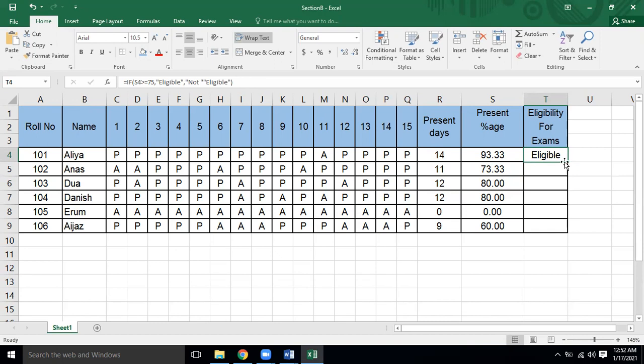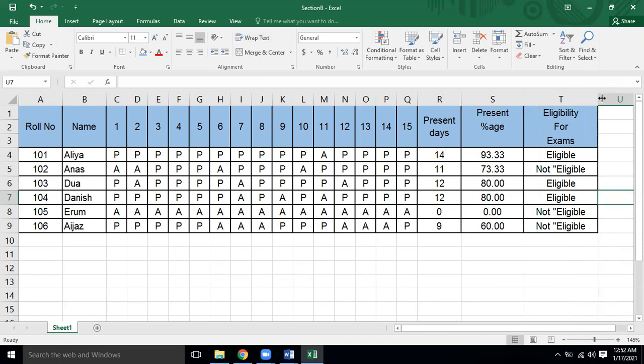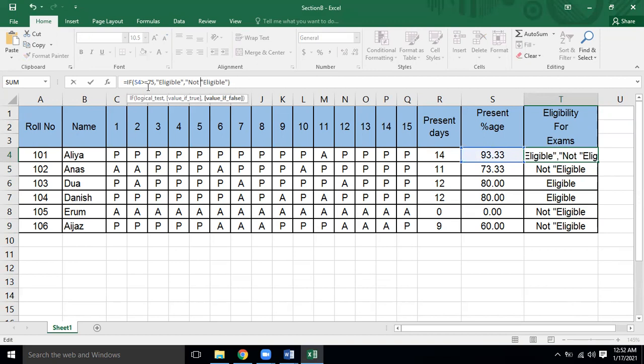Almost I think all are eligible, but when I drag, I will come to know the results. It is not showing the complete result because the text that I have typed is large. I will increase its width, then I will be able to see. This is eligible, this is not eligible. So some results are not coming correctly. Over here I have put one double quote extra, which is an error. So "not eligible" is basically joined. In this way I need to put it, and then I will press enter, then I think the result will be correct. There was an error that I put the double quotes two times.